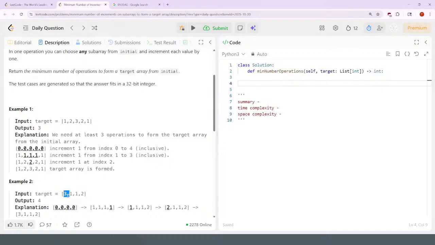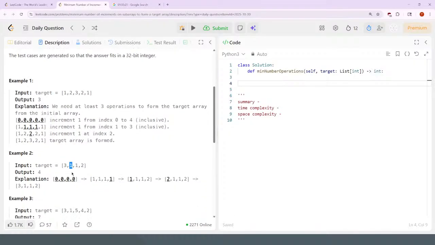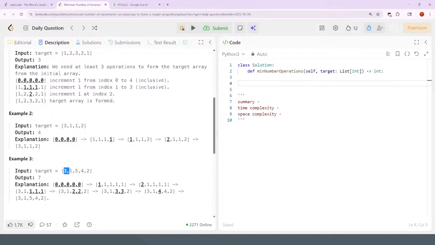So here 3 goes down to 1. There has to be 2 subarrays that are just one size to lower this down to 1. And then at that point, the 1 is the only thing that needs to be on the stack. 3 goes down to 1, so that's 2. 1's in the stack. Goes up to 5. I can probably get rid of the 1